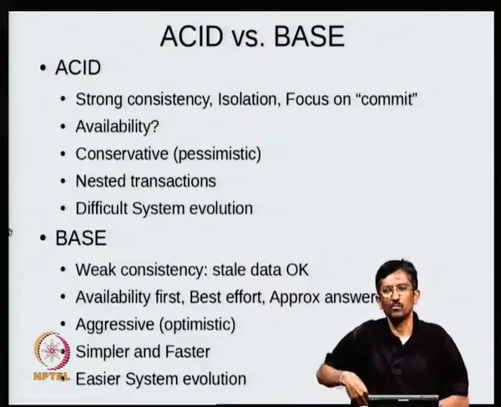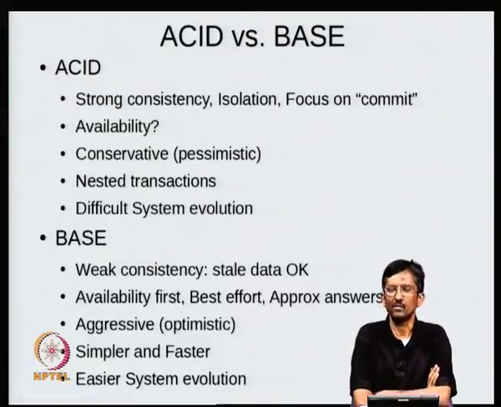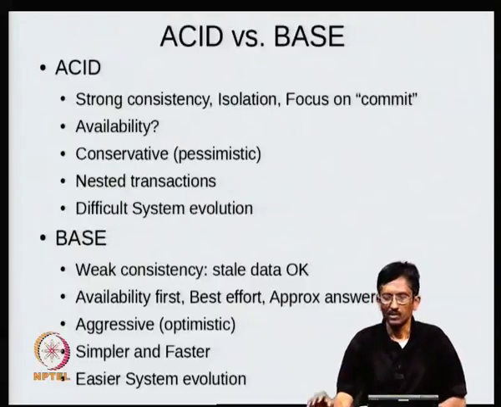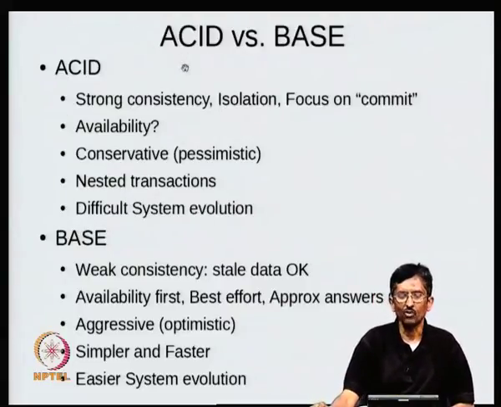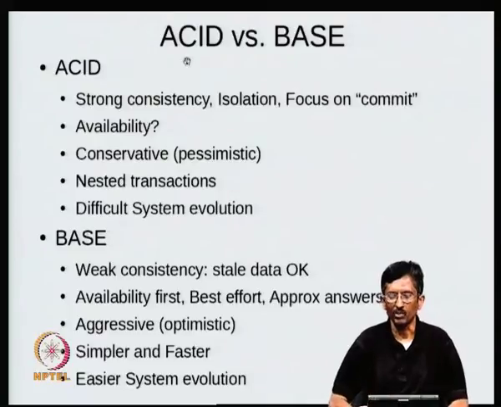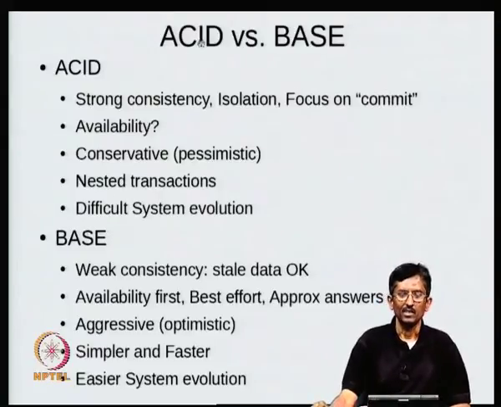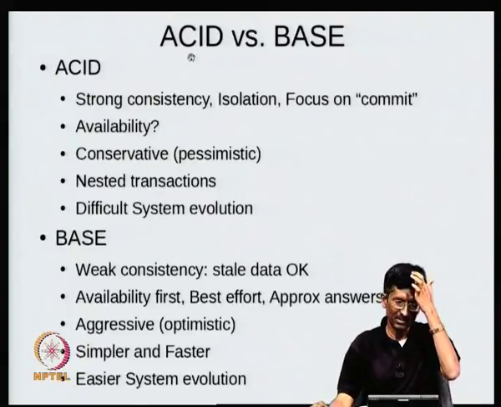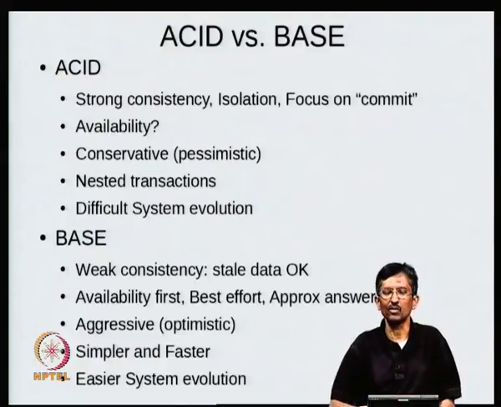So let us just summarize again some of the discussions so far. There are two models, the ACID versus BASE models. As I mentioned to you earlier, the reason why you have different models is because you have different domains in which you work. It could be the real-time systems domain, the file system domain, the database domain, and other kinds of domains. Each of them has its own particularities and issues to solve, so they will do it in different ways.